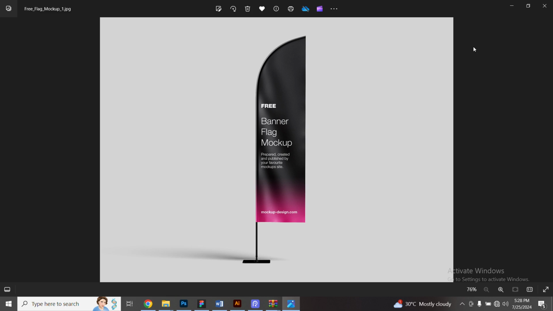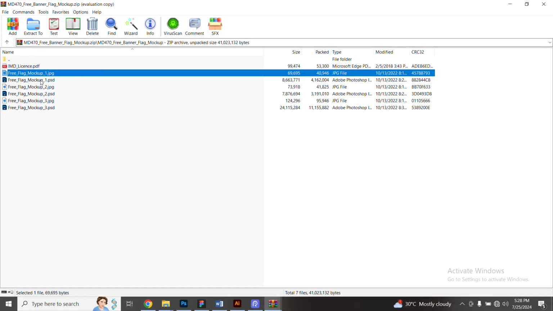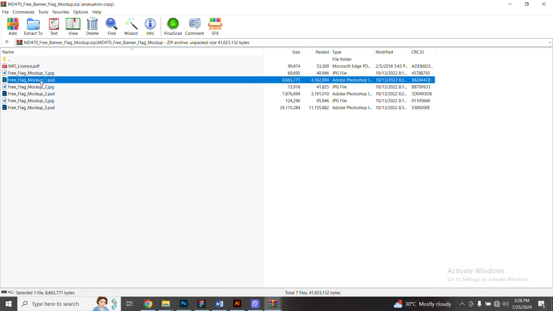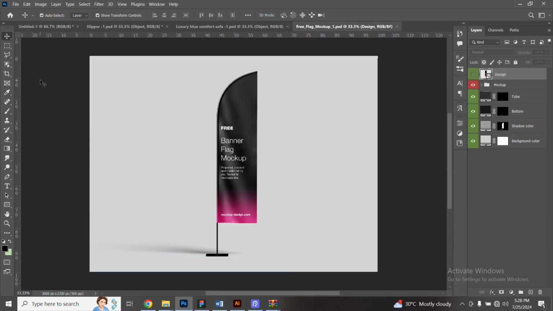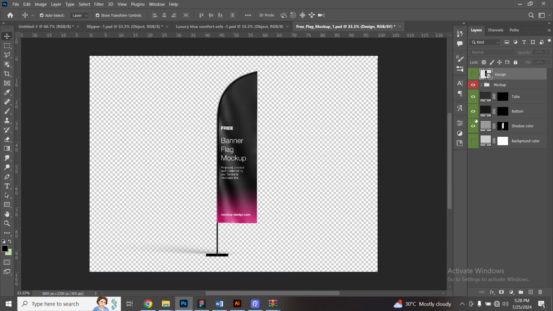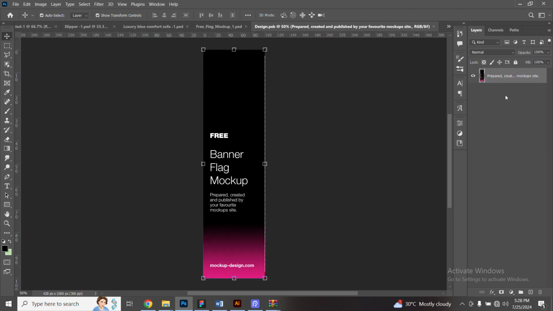So this is the mock-up I want to use actually. So I'll be duplicating them. I want to close this one, and then the design, basically I just want to